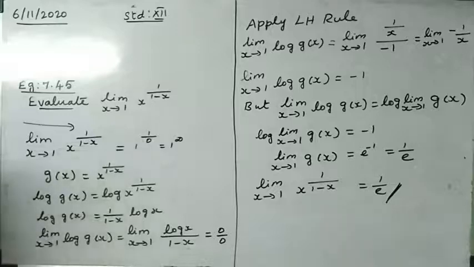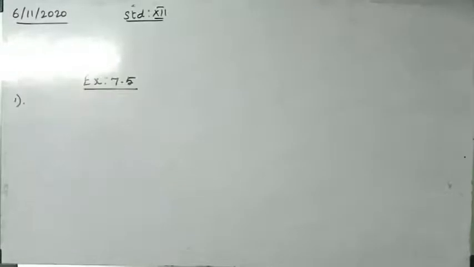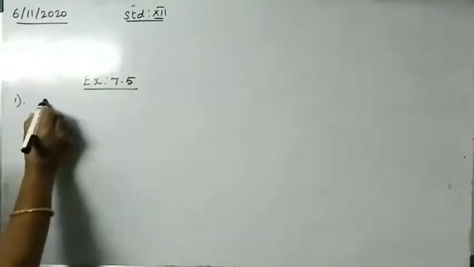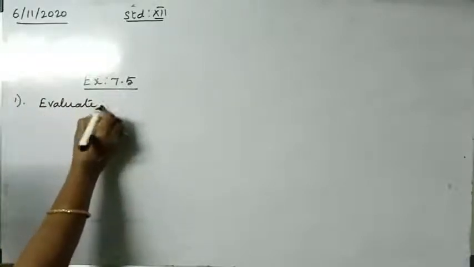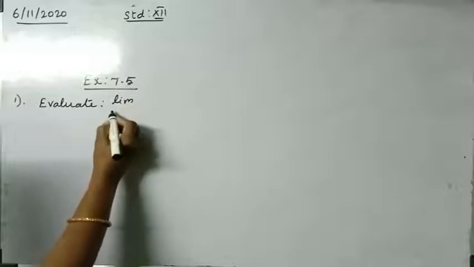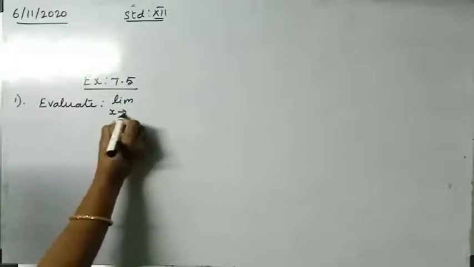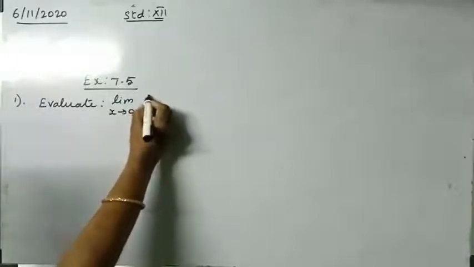Now let us go to the exercise problems. Exercise 7.5. Now exercise 7.5, first question. Evaluate limit x tends to 0, 1 minus cos x